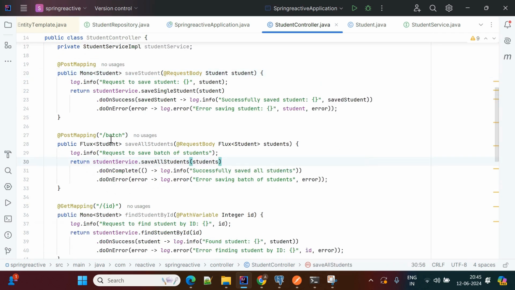If you see, the batch is nothing but storing multiple students at a time. Usually in a normal REST API, we pass a list of students. But if you observe here in the annotation RequestBody, I am passing Flux of Student. What is the use of Flux? If you want to know more about this, you can check out my previous videos. But Flux is nothing but, if you want to deal with multiple items, then we need to go with Flux. So here I am creating the Flux